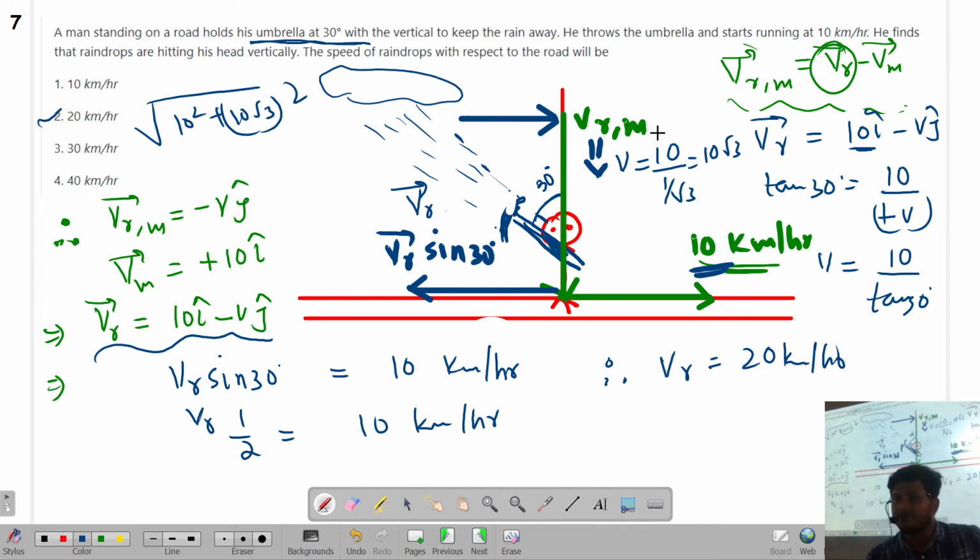Let's suppose velocity of rain with respect to man is V. Got it or not? If the velocity of rain with respect to man is V, I can form the velocity of rain equation out of it, and that is equal to 10 i cap minus V j cap. But we know that rain is hitting at 30 degrees with the vertical. So from this equation, this is my horizontal component, and this is my vertical component. So I can take the particular